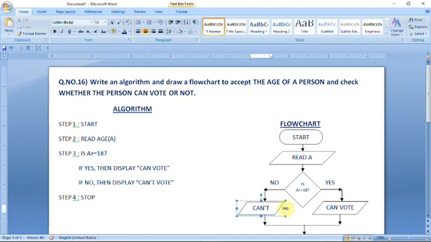So this way you can make the algorithm and flowchart for this problem.